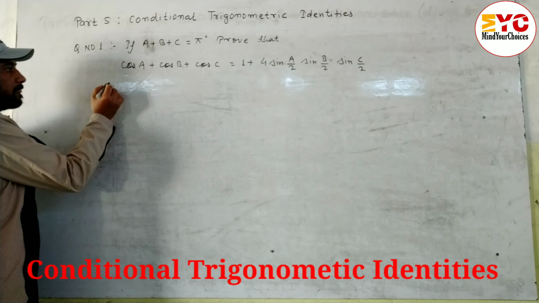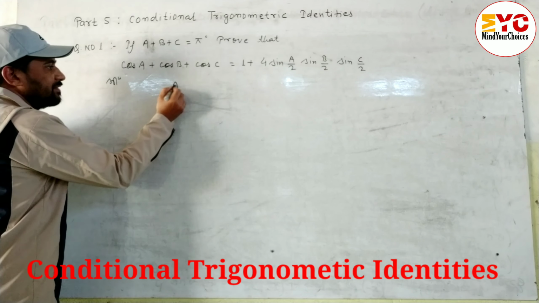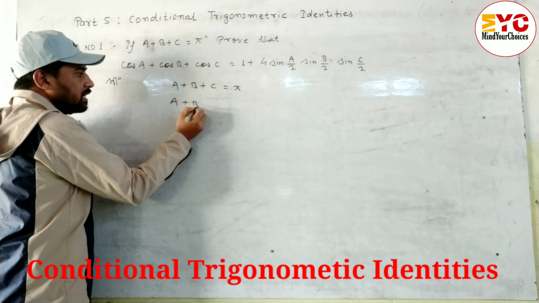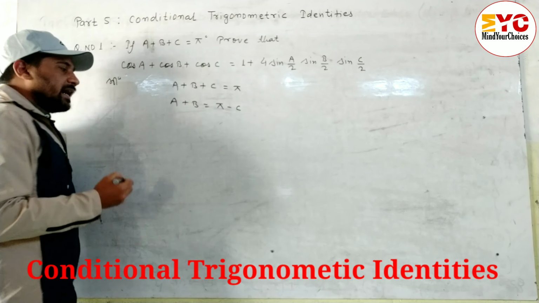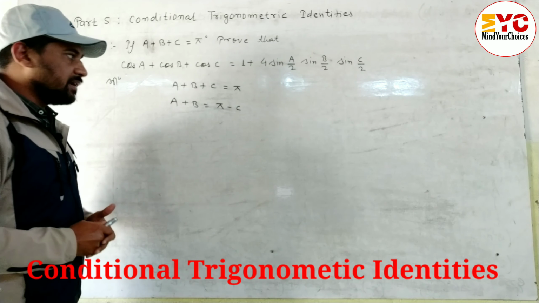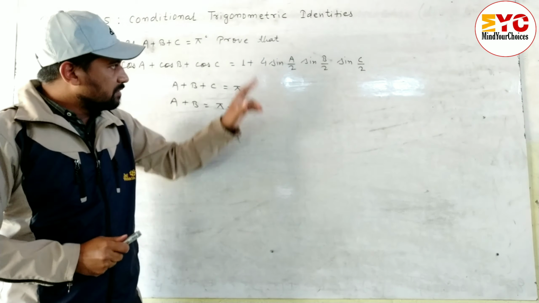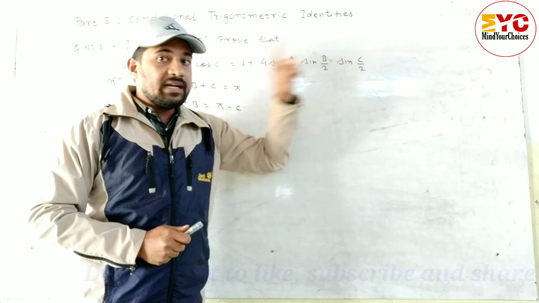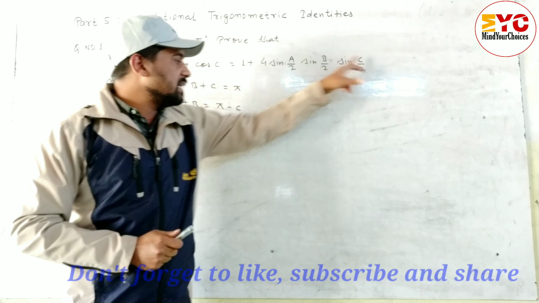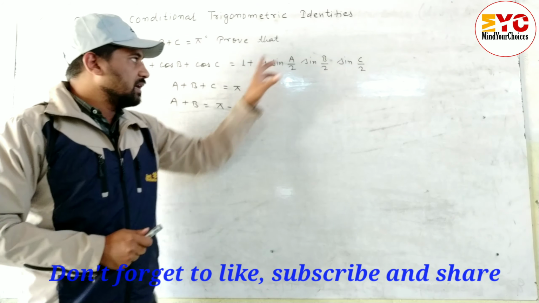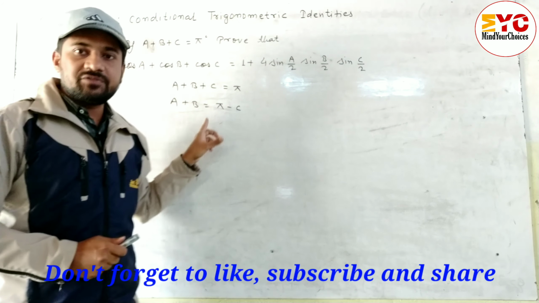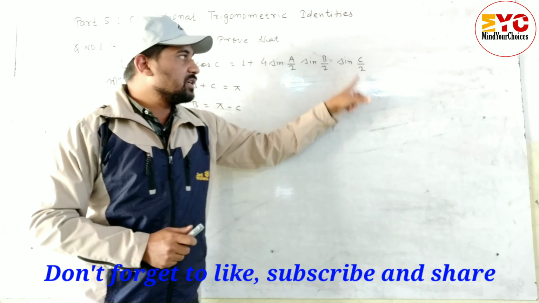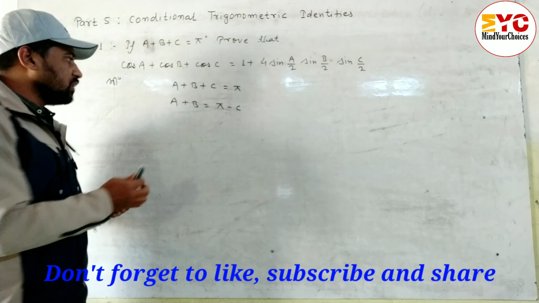So first of all we have to write down the condition a plus b plus c is equal to pi, and after this a plus b is equal to pi minus c. Either we have to multiply or we have to divide. It depends on the RHS. When you see here, we get sine a by 2, b by 2, c by 2. If here is a, b, c, no need to multiply, no need to divide. If here is 2a, 2b, 2c, we have to multiply by 2. But what is here? a by 2, b by 2, c by 2. It means we have to divide by 2 here.